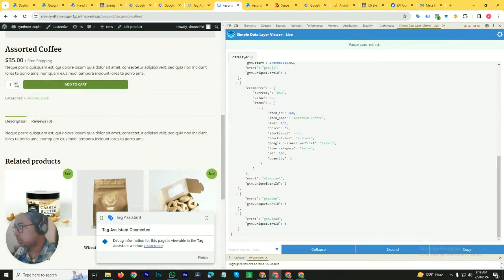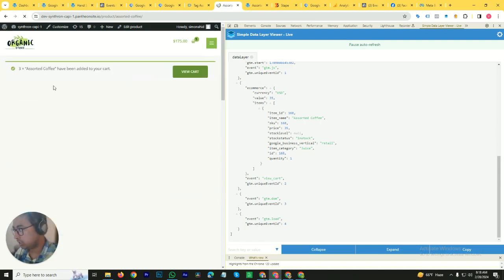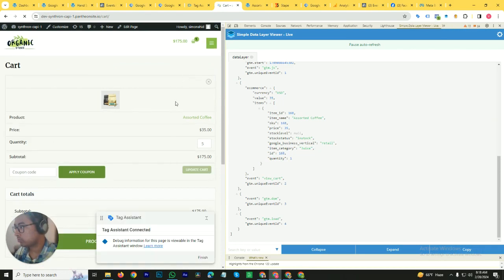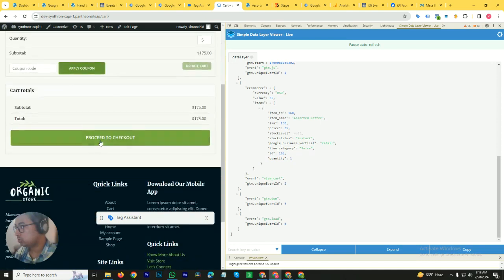So if a user, let's say, adds 3 of the assorted coffees to the cart, and we go to view cart, our subtotal has become 175. That is the value of our cart. If we now proceed to checkout,